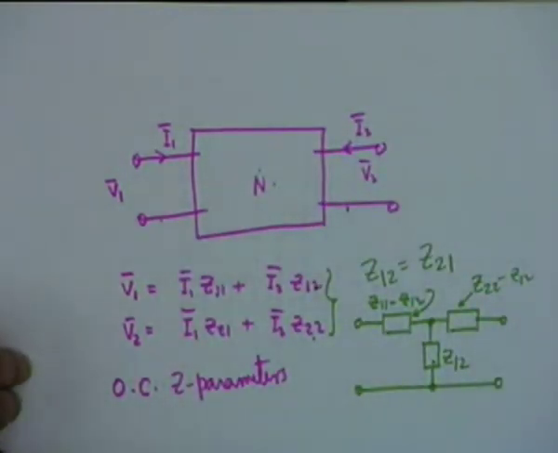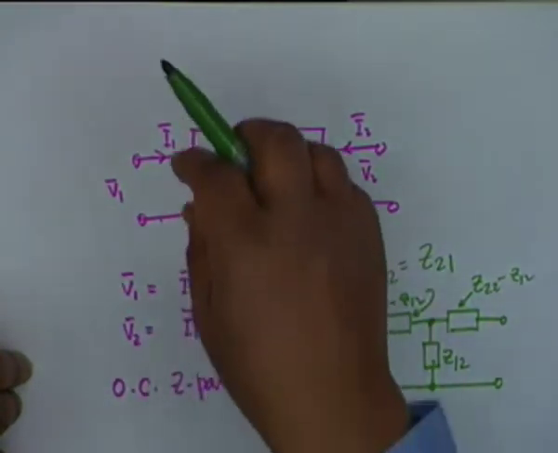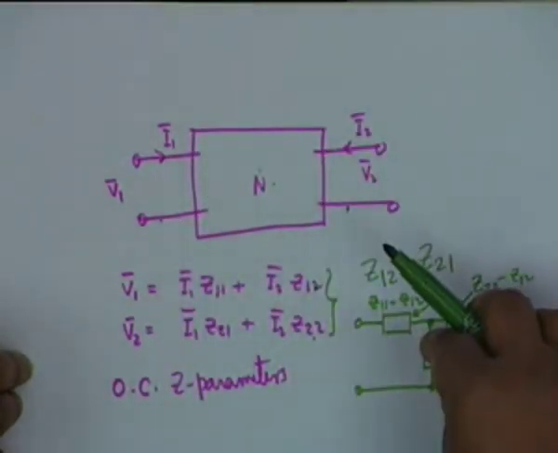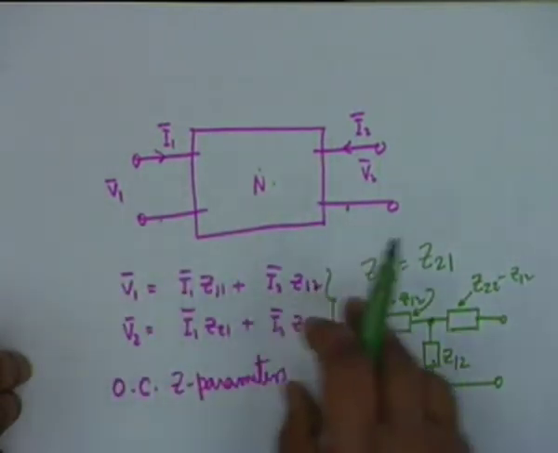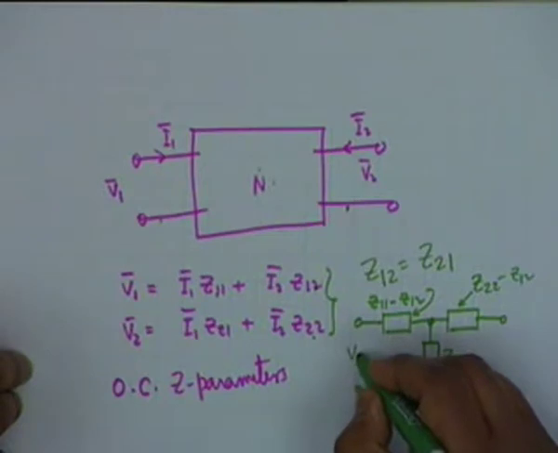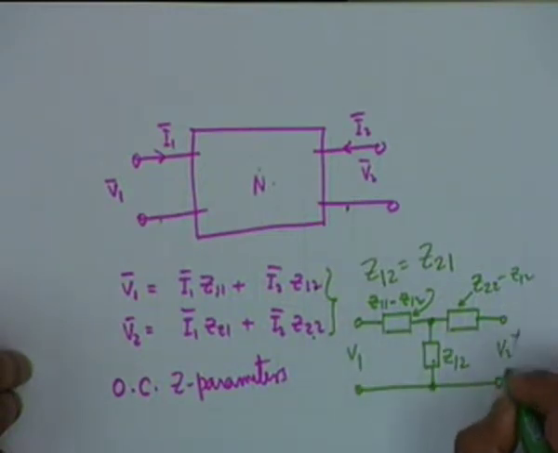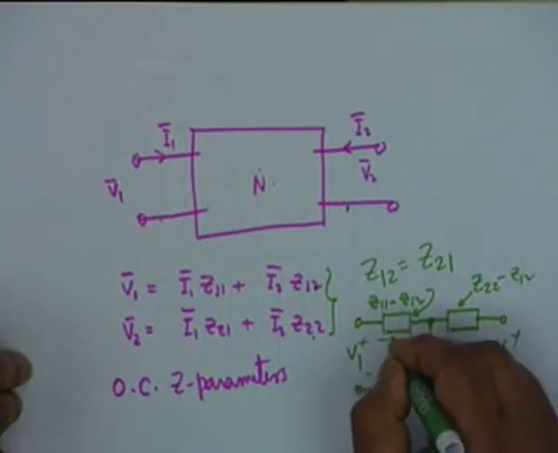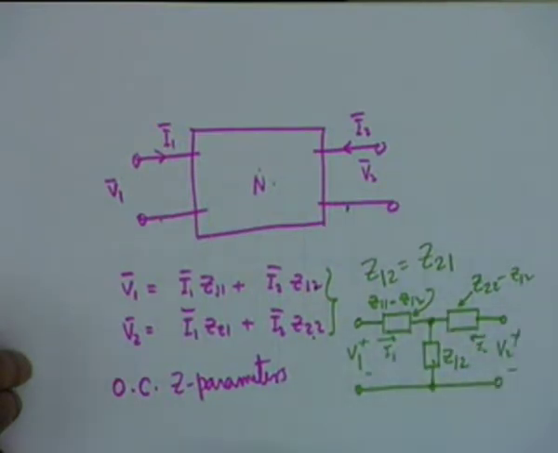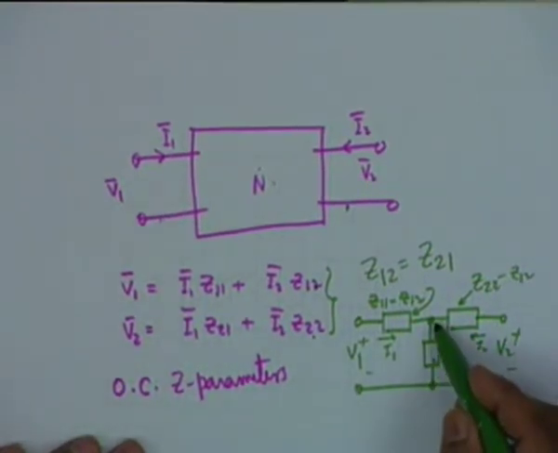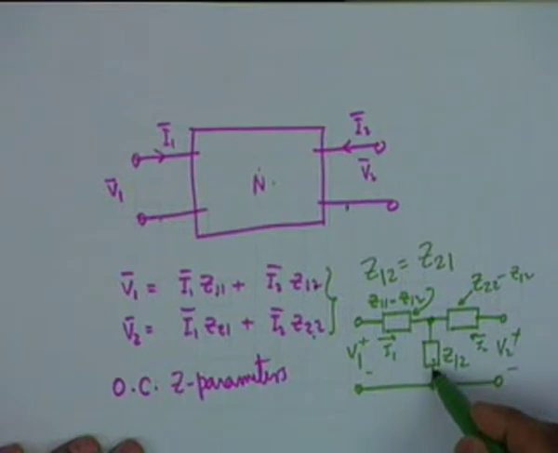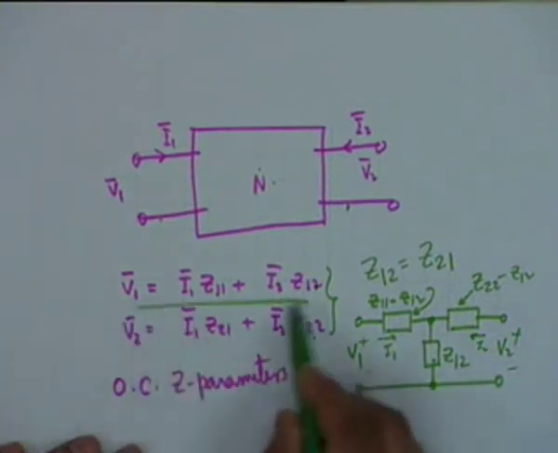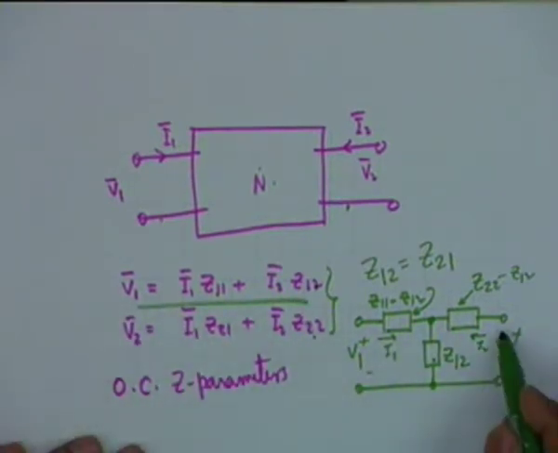It must be remembered, all right. If it is a truly 4 terminal network, you cannot replace N by this, but as far as the mathematical relationships are concerned, yes, this network represents. This can be very easily shown. You write V1, V2 here, and the 2 currents are I1 and I2, and you can easily see that V1 is equal to I1 (Z11 minus Z12) plus (I1 plus I2) Z12, the current through Z12 being I1 plus I2, and if you add them up you get precisely the first relation. Similarly for the second relation.